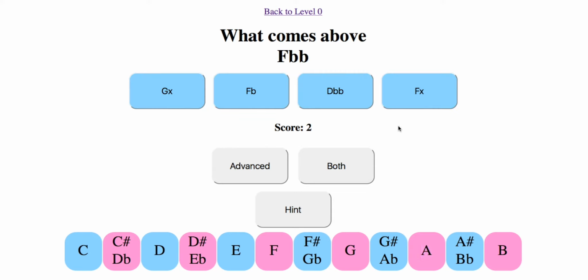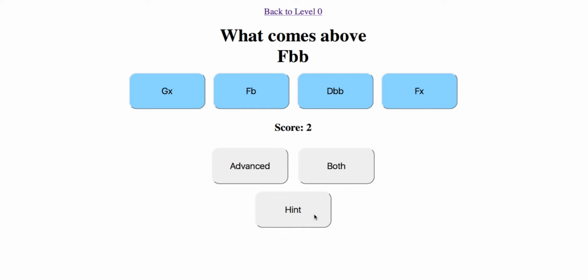Of course, if you want to do this correctly, you want to do it without the hint guide, and then see how far you can get and what score you can reach before you mess up. The goal for this level, though, is to go to the basic version with both enabled and to get a score of about 30 in a row without the hint guide on. If you can do this, you have completed this level and you can move on to the next lesson. So try to do basic, both, and try to get to a score of 30 without one mistake.